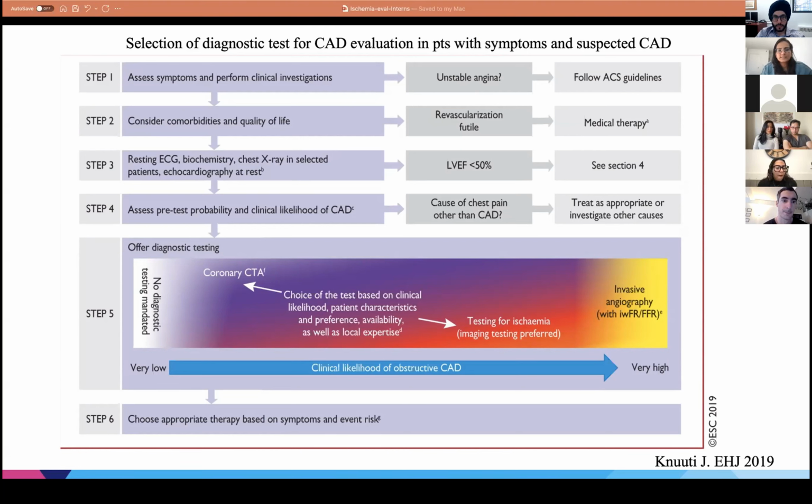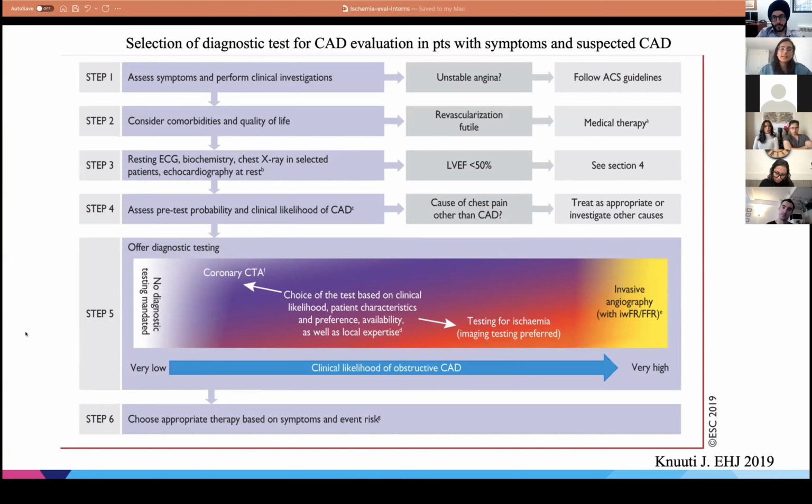Then you try to assess the pretest probability, and based on that, you can choose what diagnostic test you want. So for somebody who has a lower likelihood of coronary artery disease, you want to try and rule out disease. You want to make sure that this is nothing significant. So you want a test such as coronary CTA, where you're looking for plaque, you're looking for obstruction, because that test has a very good likelihood to help you rule out disease. If the CTA is normal, or does not show significant disease, then you can say the chest pain that the person's having is not from